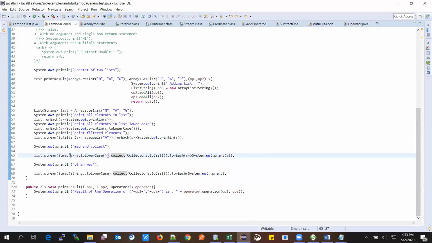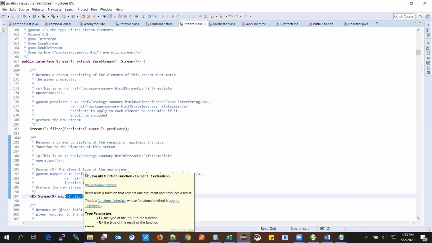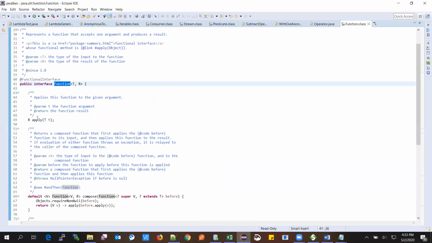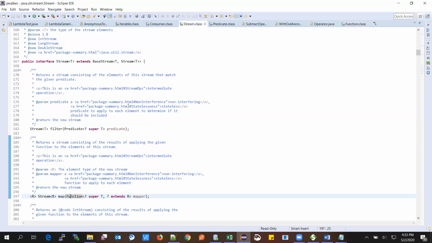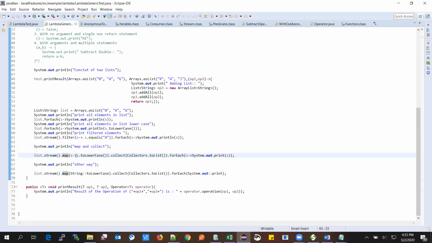As we are mainly focusing on lambda expressions, here is our lambda expression: s.toLowerCase. We created a class for the function interface and implemented the apply method with s.toLowerCase. So now my stream is with small letters, and I can collect that stream into a list.